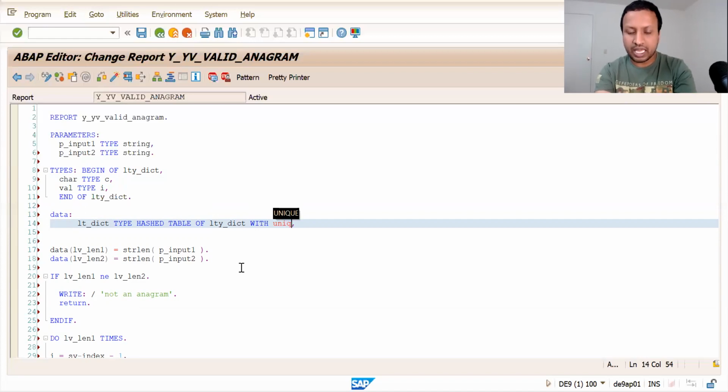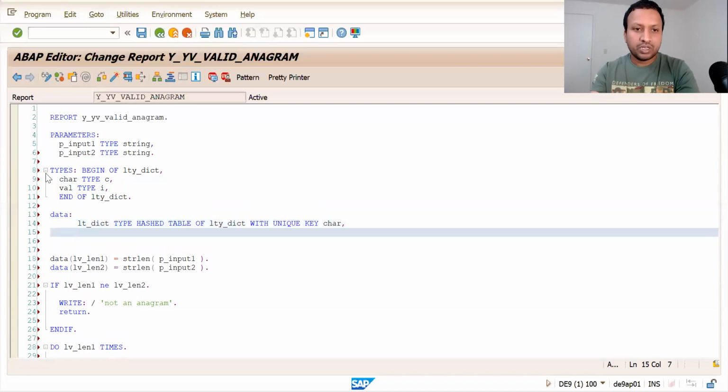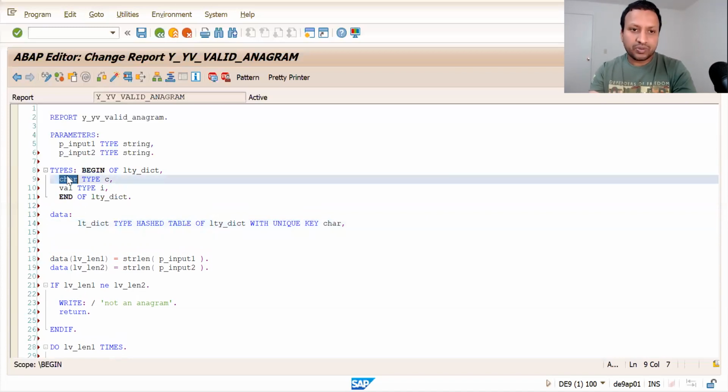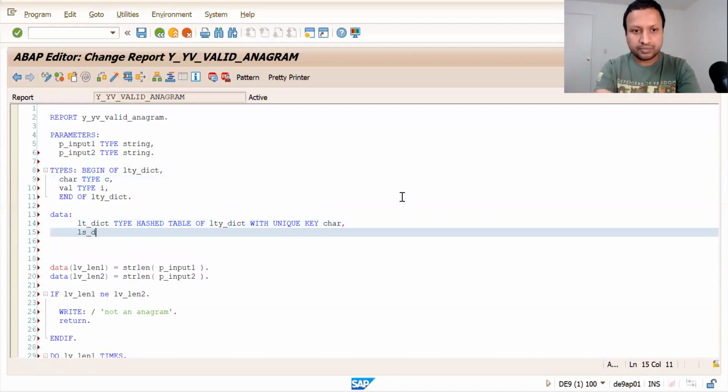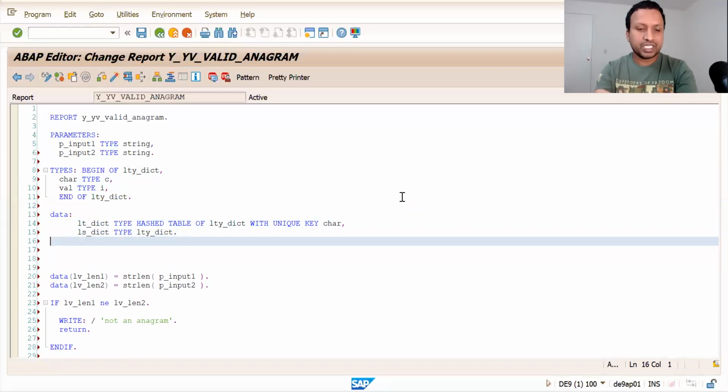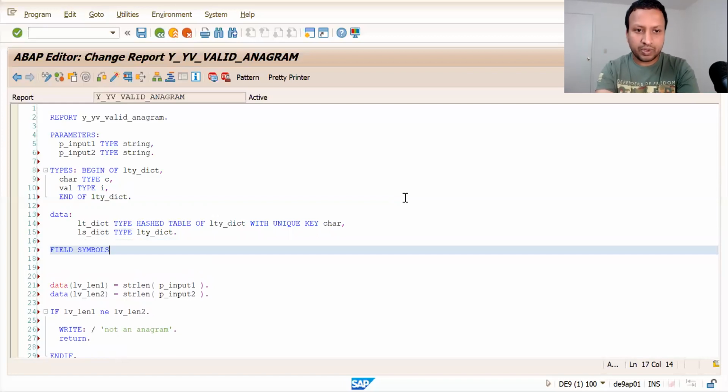That's the reason I'm taking the hashed table, with unique key char. Of course the alphabet has only 26 letters, so our internal table size won't be more than 26. I'm also taking a work area, fs_dictionary of type lty_dictionary, so that it would be useful when reading.